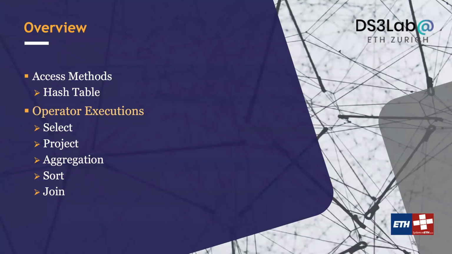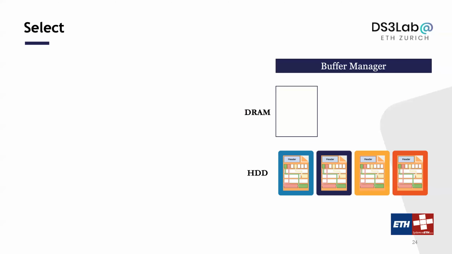So let's talk about this. The first operator that we want to do is a very simple one. We want to support the select operator. The input of the operator is relation R, and then you'll have a condition C. You remember from our second or third lecture, the semantic of this operator is